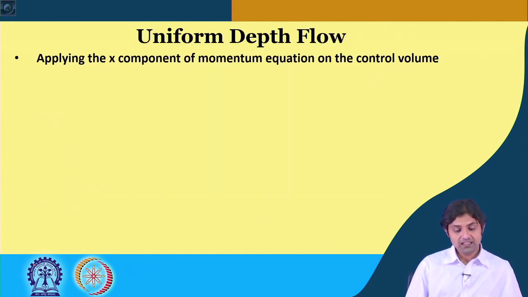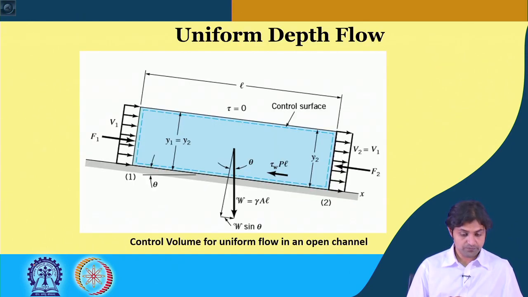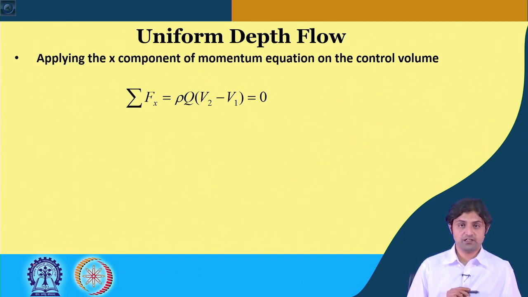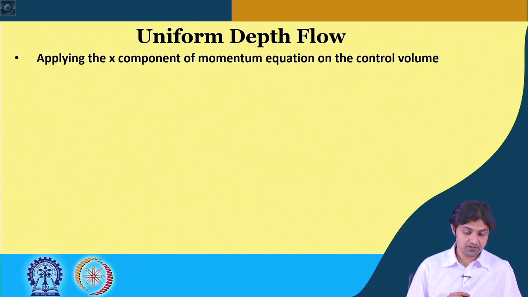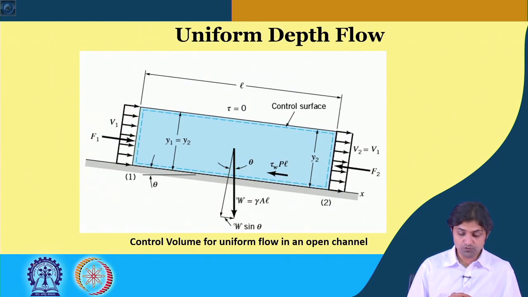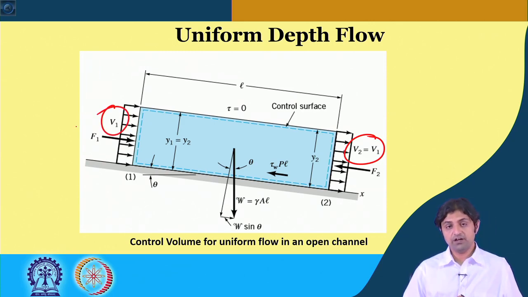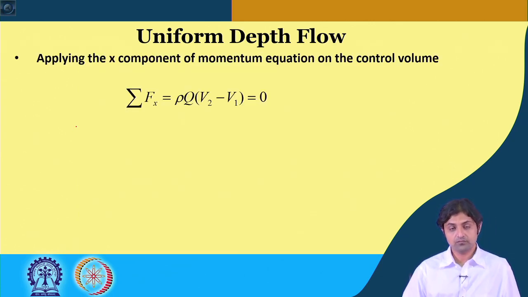If we apply the x component of the momentum equation on this control volume, the net force sigma Fx is going to be rho Q times (V2 minus V1), the mass flux into V2 minus V1. V2 is the velocity here and V1 is here, and that is going to be 0,